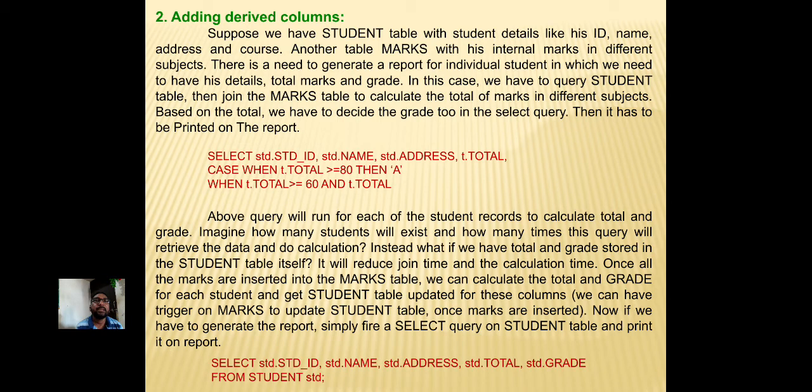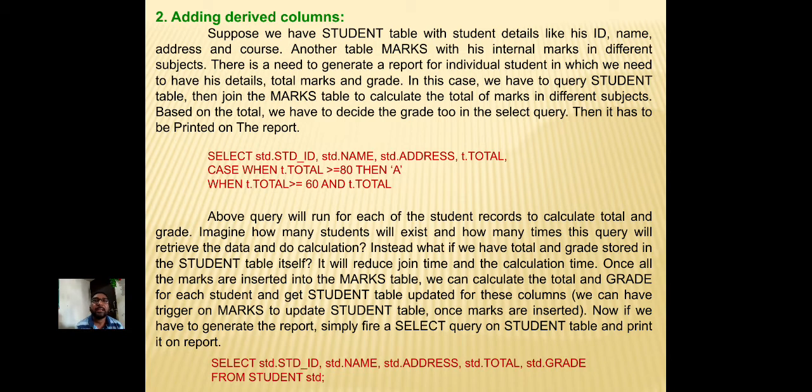In this case, we have to query the student table, then join the marks table to calculate the total of marks in different subjects. Based on the total, we have to decide the grade too in the select query. Then it has to be printed on the report.